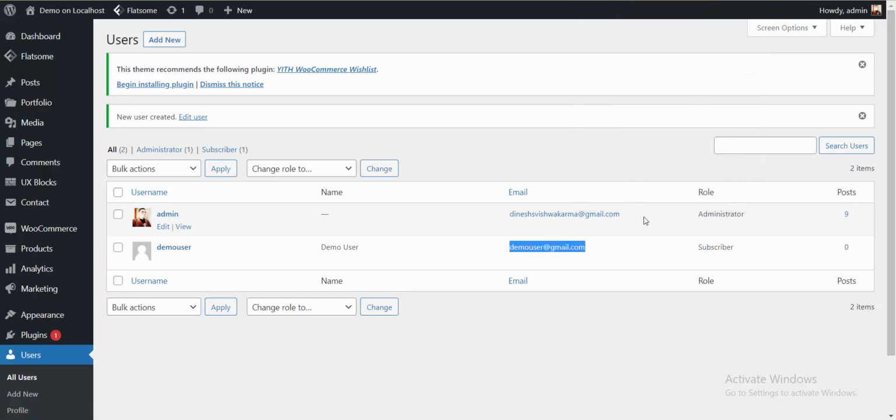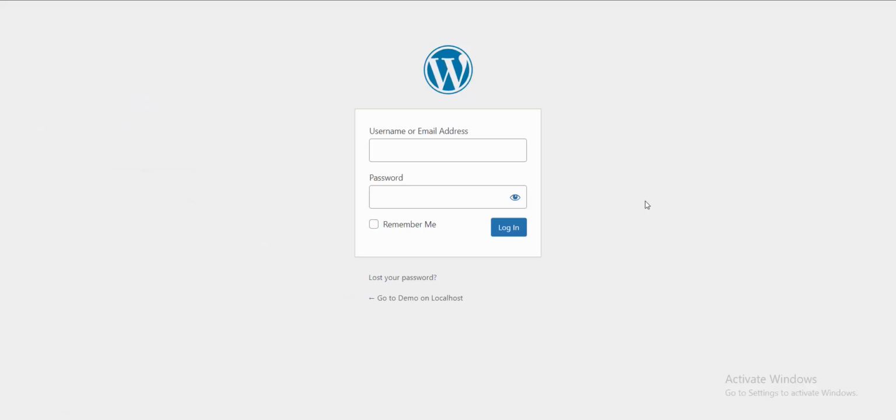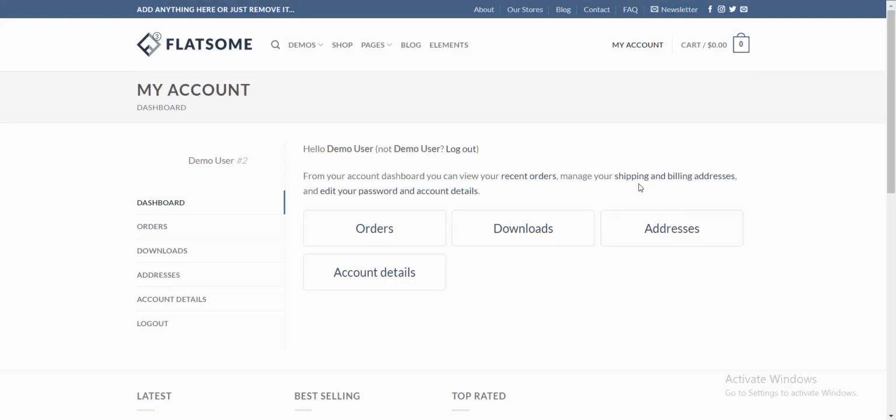I have to copy this email, and then the password was demouser12345. Click on this login button. Demouser is logged in. You can see his details,